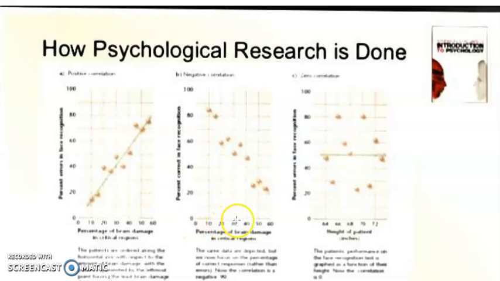Let's suppose this is the level of depression and this is the level of self-esteem. As the level of self-esteem decreases, the level of depression is getting increased. So if this is the depression, let's say depression and